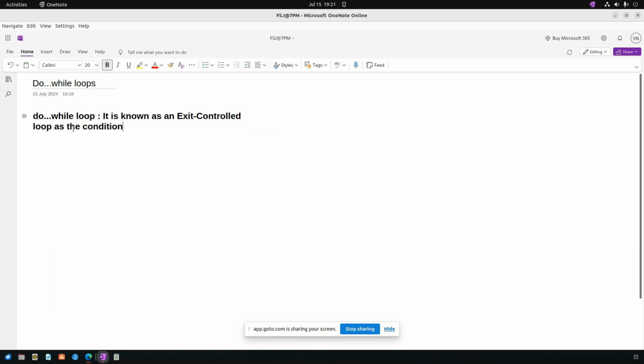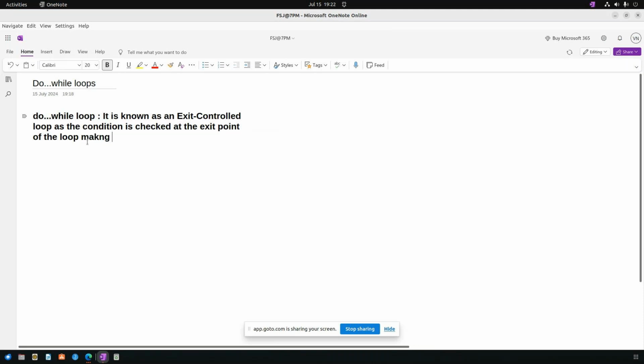The condition is checked at the exit point of the loop. We call it an exit control loop because the condition will be checked at the exit point of the loop,